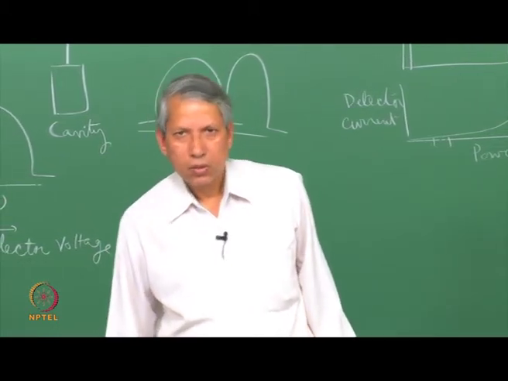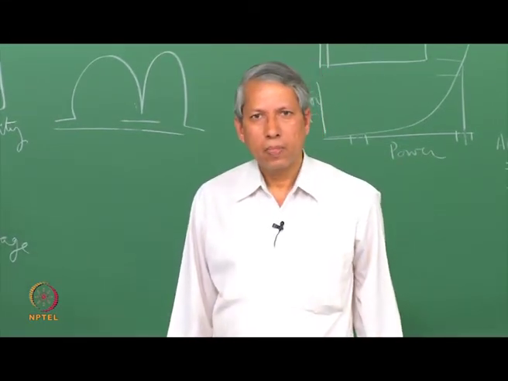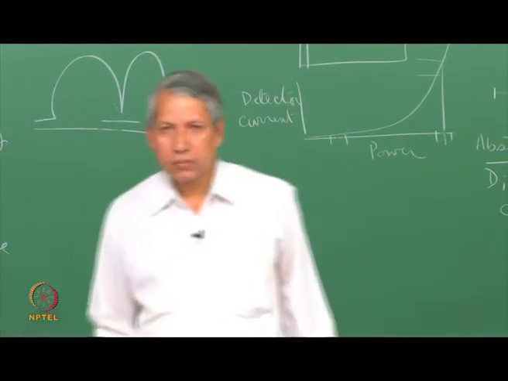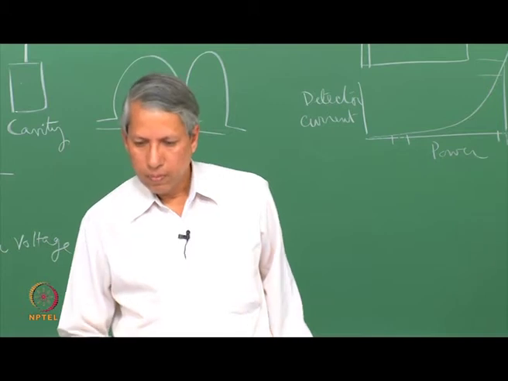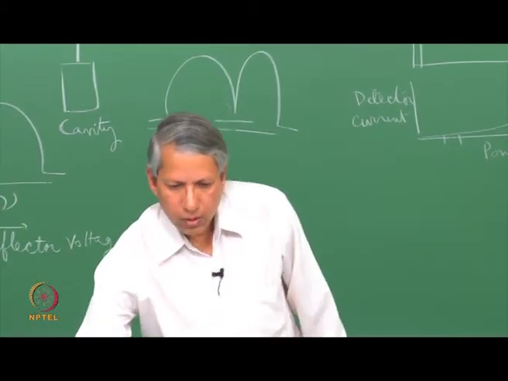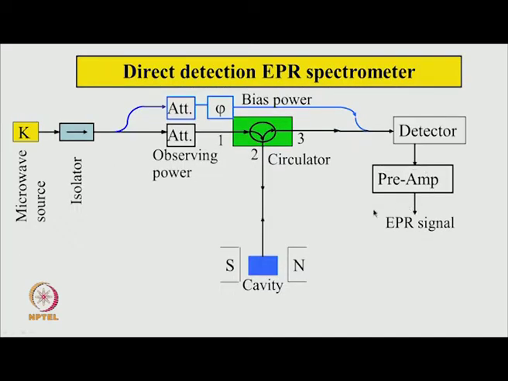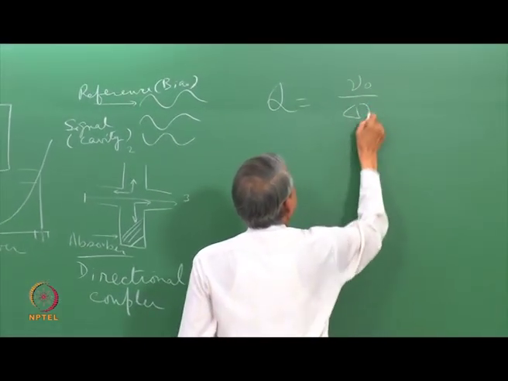Sometimes experiments also involve a pulse experiment that determines the spin lattice relaxation time. For that, a relaxation time of the order of a microsecond can be detected if the spectrometer is fast enough. Again, the direct detection technique is used there to look at the signal the way we have described now. So, the response time of the spectrometer is decided primarily by the cavity Q and the preamplifier. If the preamplifier has a sufficiently broad bandwidth, the response time of the spectrometer is decided by the Q of the cavity. So, Q is defined to be nu 0 by delta nu, where